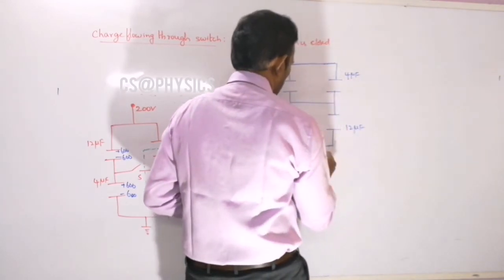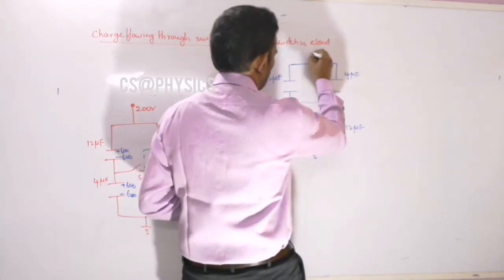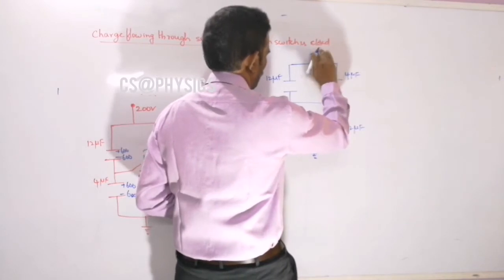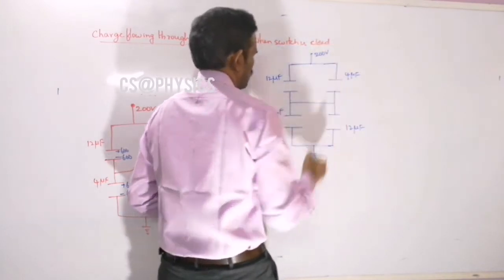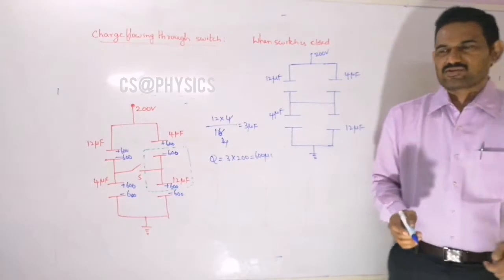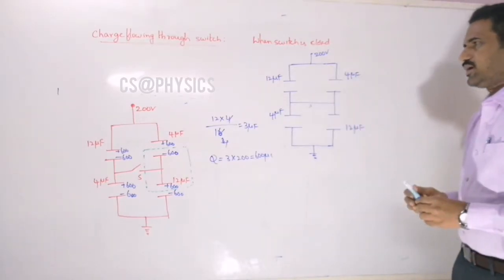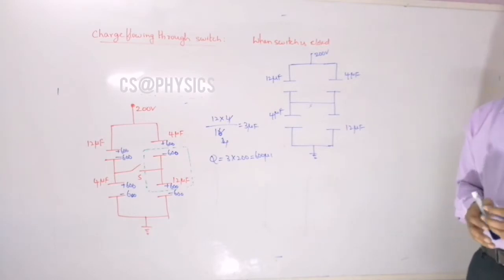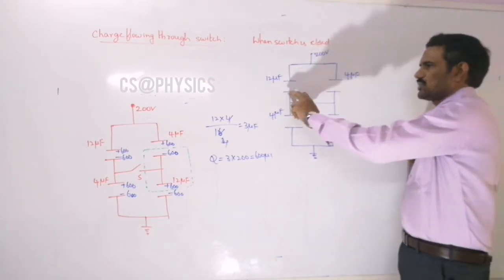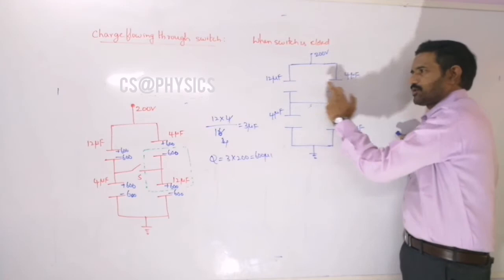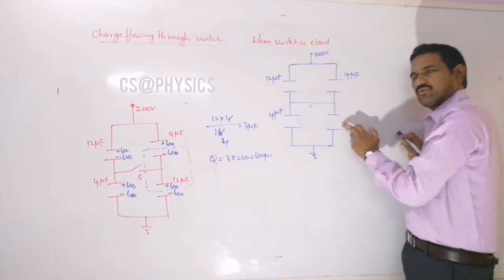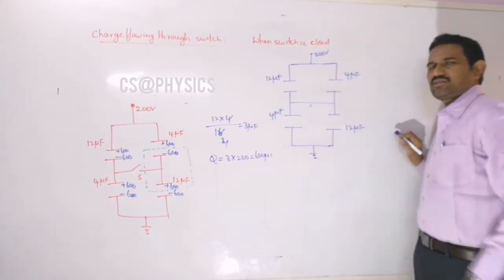And again same, this is grounded and this point is 200 volts. The voltage of this point is 200 volts. That is the given combination here. That means that is the change taking place once we are closing the switch here. And so now again you can identify that easily. Once this switch is closed, these two capacitors are becoming parallel and these two capacitors are becoming parallel. That combination will be in series.